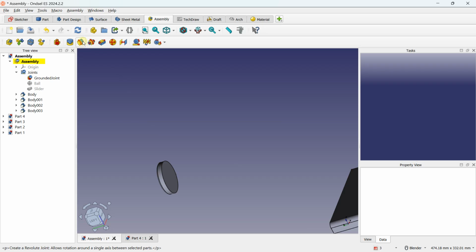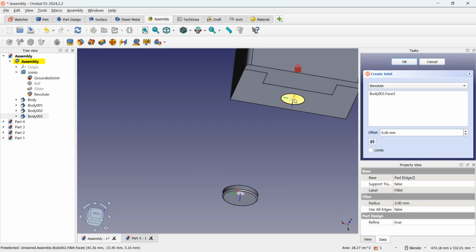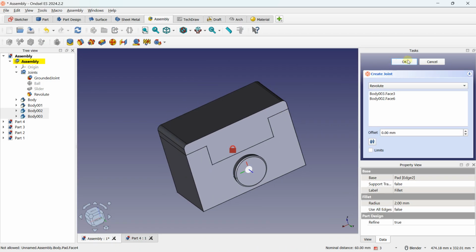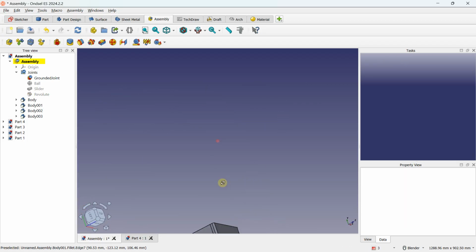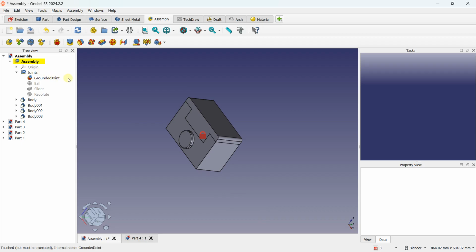One more time, I can select maybe a fixed constraint, but I can use this one, this one, this one. One more time, and just validate. So this is how you can create an assembly. So we are going to stop here for this video.